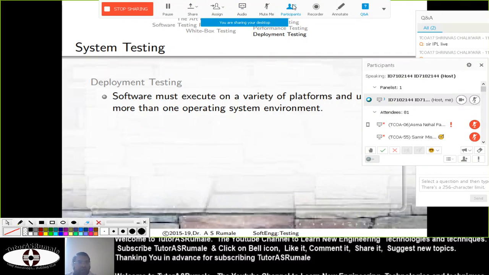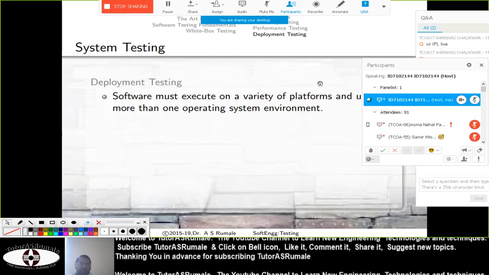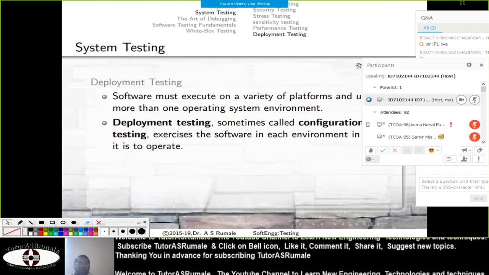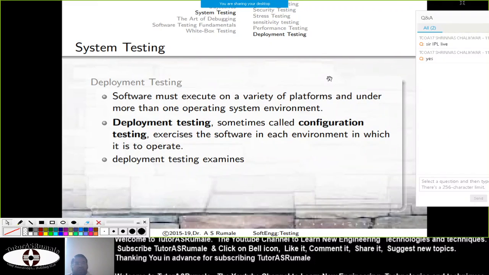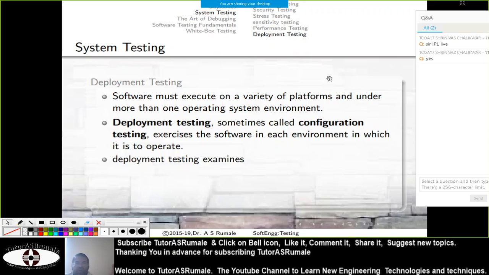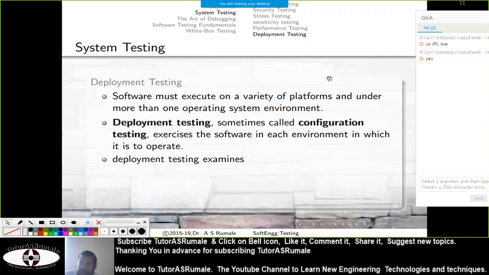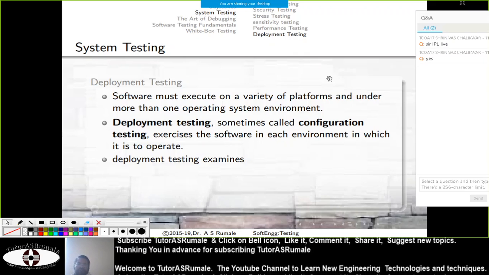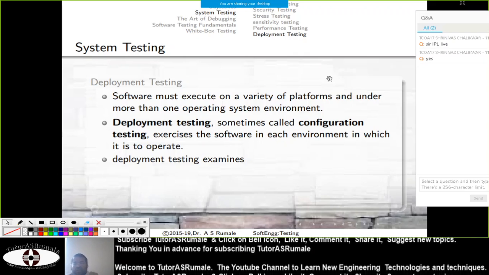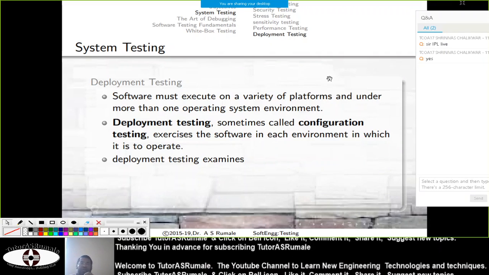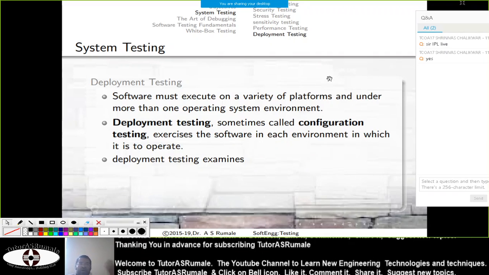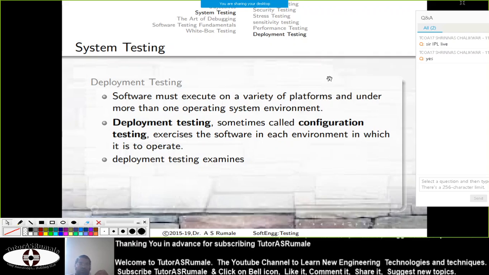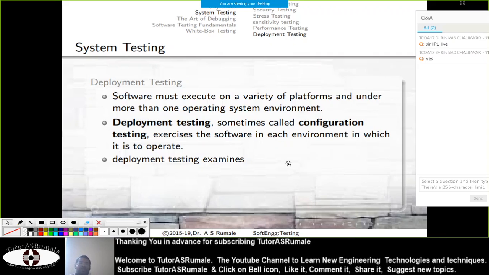When we say more operating systems, we are saying that this testing is done when the software is actually used by your end user, and when the end user uses the software, we have to consider their machine's capacity, server capacity, how they are going to install the software, how they are going to configure the software, whether it is auto configuration or likewise, and that is what you can call deployment testing.